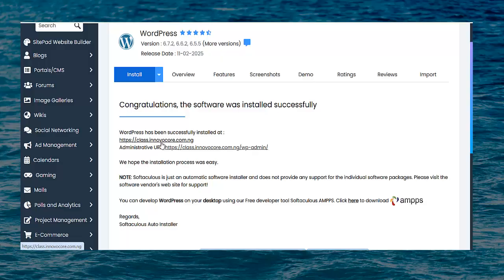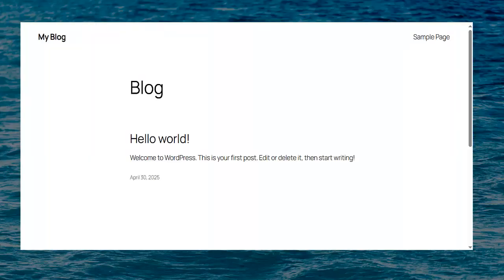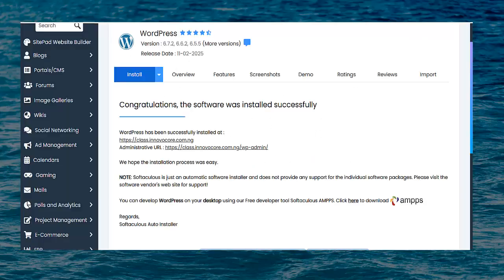So we'll right click on this. So this is how you're going to see your front end. This is the front end before you design. This is the front end of your website. And then if we go to the administrative URL, click on it and then open it up,